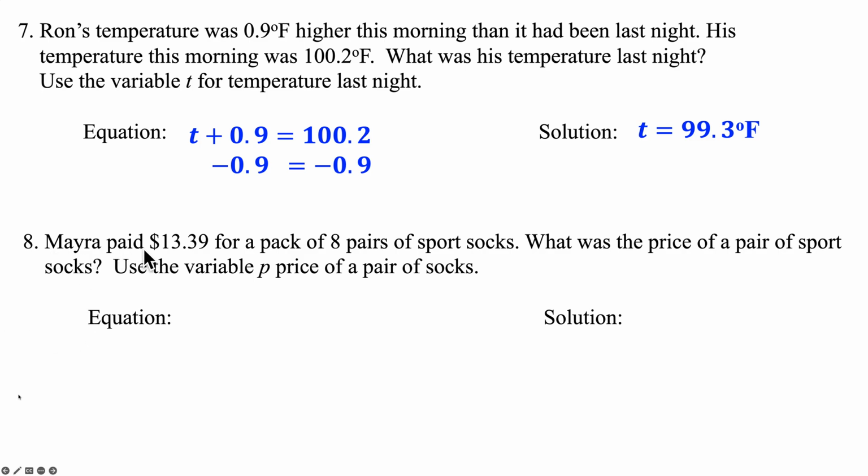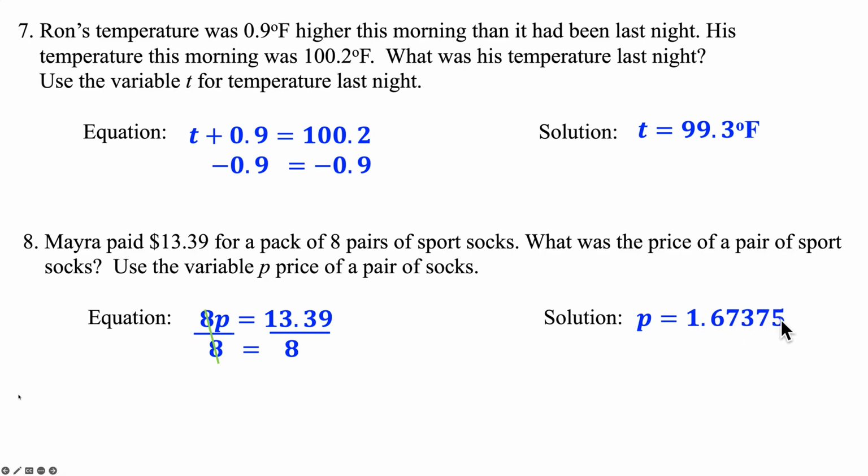All right, Mayra paid $13.39 for a pack of 8 pairs of sports socks. What is the price of a pair of sports socks? Use P for the price of a pair of socks. So 8 times P equals $13.39. We want to find out what does it cost for just one pair of socks. We divide over the 8, and you get